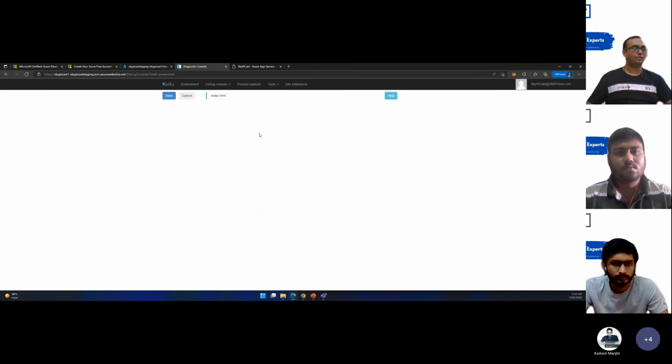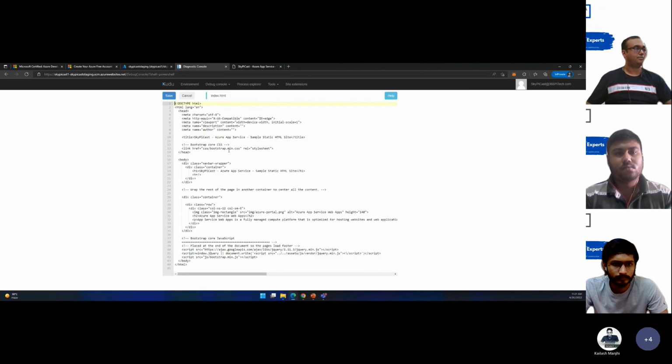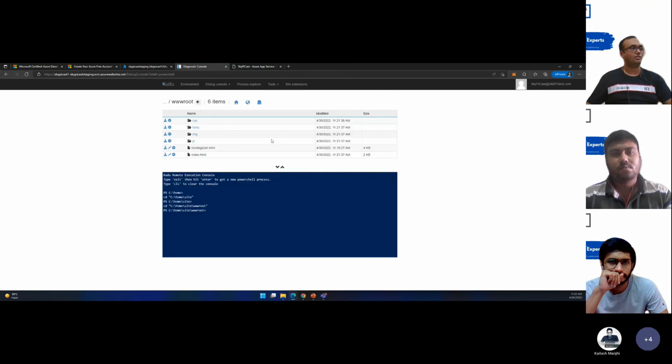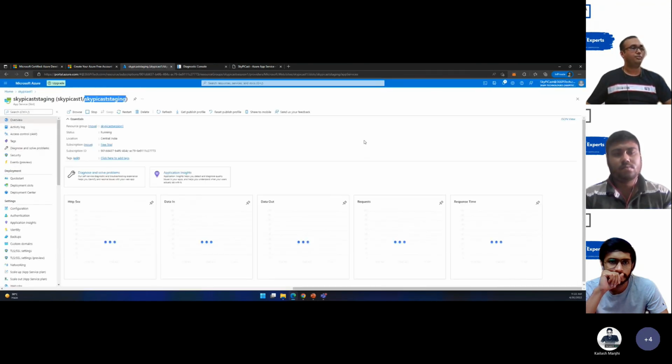In here, it also gives you this editor as well. Right, root index.html. And in here, I'll say at the very end, staging, just to show that this is the staging version. Just click on save, go in here, go to my overview,